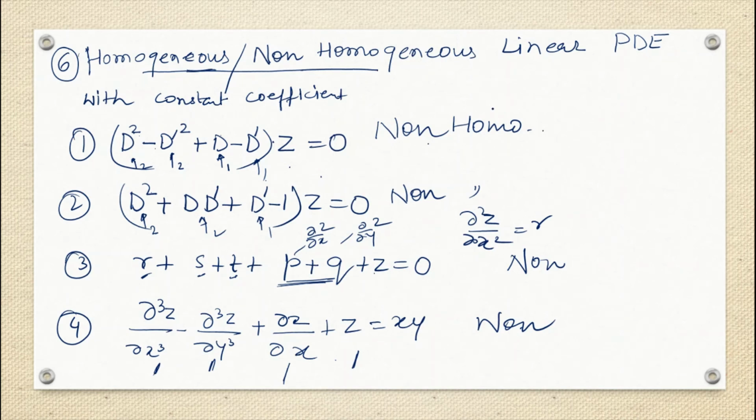Then you will say that it should contain only the derivatives of z and the term involving z. We know the definition of a homogeneous partial differential equation: it is the equation where each and every term will contain either the dependent variable or its partial derivative. But that definition is the general definition, that is for PDE only.